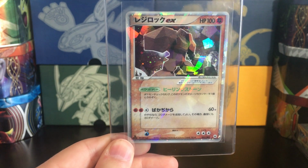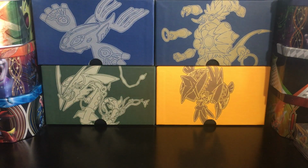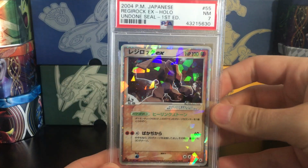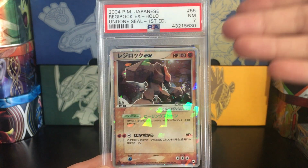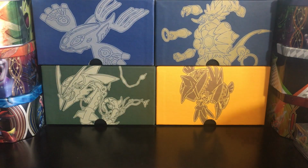Regirock EX, I got burned on my last submission of Regirock. Let me see, do I actually have it here? Yeah, I do. So I submitted a Mint Regirock and PSA decided it was a 7. Don't know why, but second time's the charm on submitting that Regirock. Obviously not the same card, but